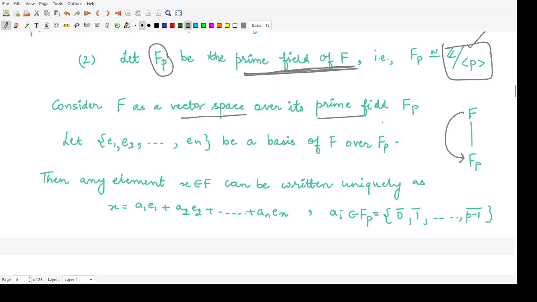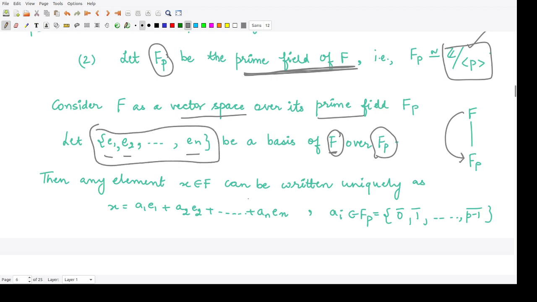And if this is a vector space, that means it has a basis e1, e2 up to en defined over Fp. So all these elements e1, e2, en belong to F. Then you have some elements in Fp taken as scalars, so that every element of F is represented as a linear combination of all these elements.